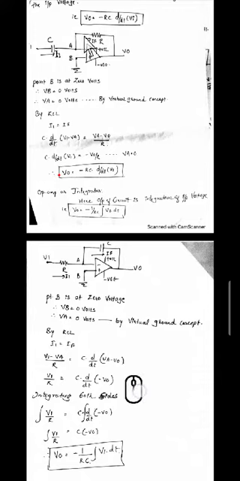So for this, what we have to do is draw the differentiator circuit, then go for the virtual ground concept, then go for the KCL and write the current in terms of voltage and resistor, I is equal to V by R, and get the output voltage equation. That is the differentiator circuit.